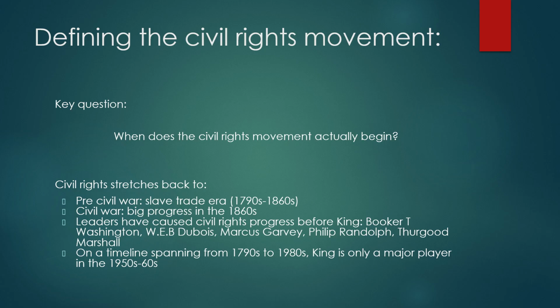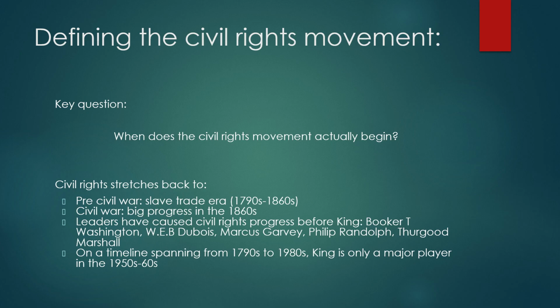I also want to touch on this idea of timelines, as I said before, and it's a very important key question. When does the civil rights movement actually begin? That's a very important thing to note with the historians you read, and maybe when you design your thesis question yourself, if you are able to understand that. Because most of you will probably have, let's say you're being assigned this by a teacher or a lecturer, a narrow timeline between the 1940s or 1960s, maybe even tighter still, maybe just simply between Montgomery and King's assassination in 1968.